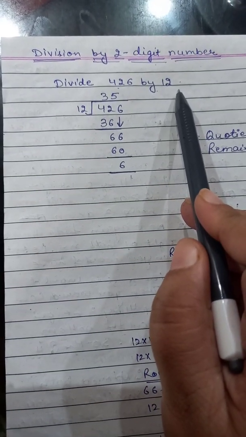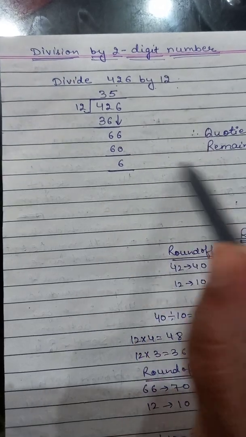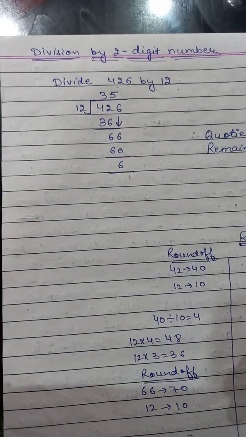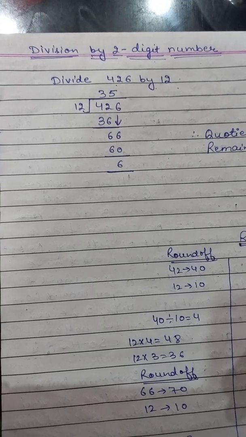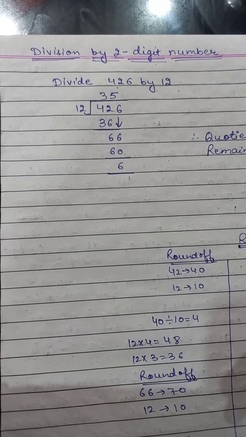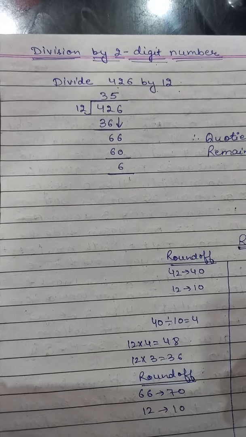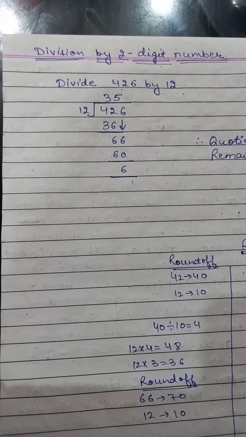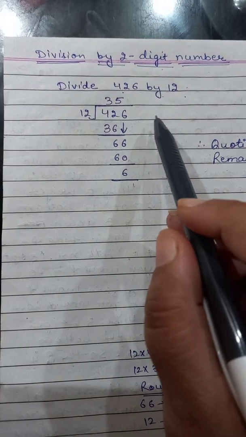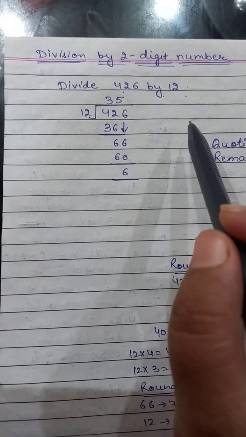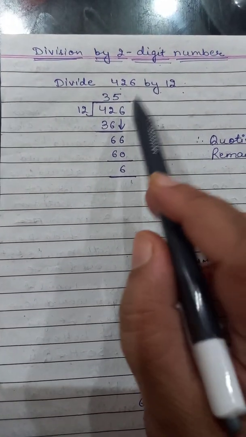Now I'll solve this question by using two different methods. I want you to pay attention and understand both the methods, and in the next example we will make use of both these methods to get maximum benefit and do the sum in minimum time. So let us look at the first method. You might like the second one more, but please pay attention to the first one.